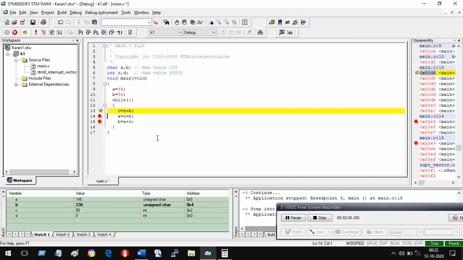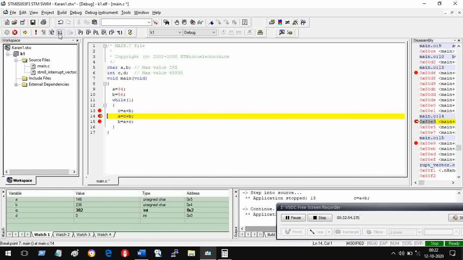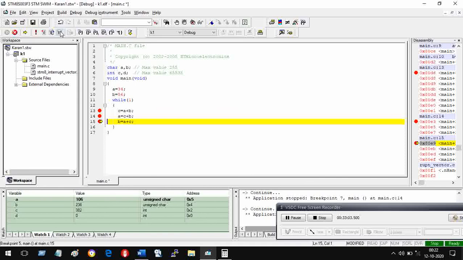There are very few steps, so there is no point in putting breakpoints like this, but even then I am putting it. And now I am running it at full speed, so from here it will go full speed, but it finds a breakpoint, so it will stop here again. See, it is like moving in a single step, but we are running it at full speed. So it has moved just one step because it finds a breakpoint, it has to apply brakes. It will run at full speed but stop here.